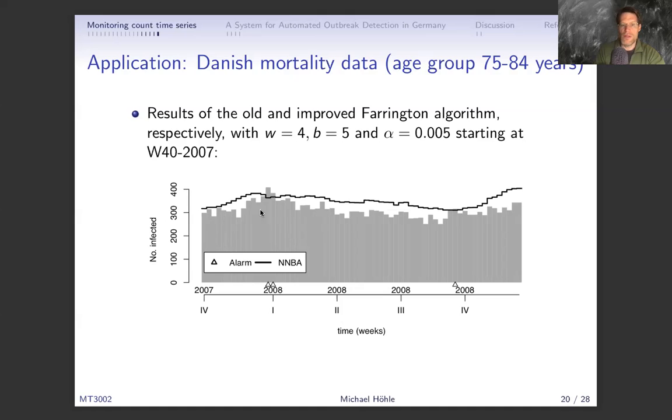But what is important, and the plot suggests it a bit differently, is to realize that when you have to decide whether this is an alarm or not, you can only look back in time and you cannot look ahead. And for example, this one here, the triangle indicates that the observation was higher than the threshold. This observation was actually classified as an alarm at that point. So this is around the change of the year, where you usually have somewhat higher case counts,